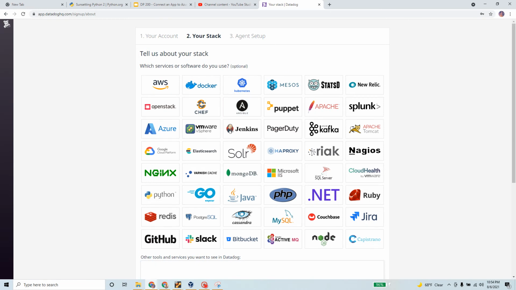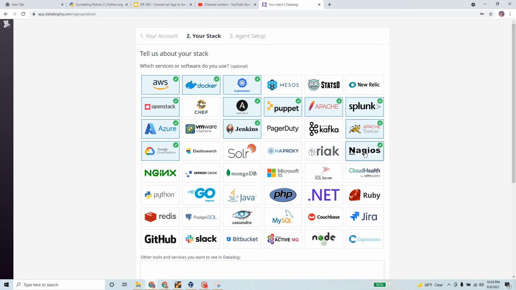You see, it asks which services or software do you use. I use AWS, Docker, Kubernetes, OpenStack, Ansible, Puppet, Apache, Splunk, Azure, Jenkins, Kafka. That's a web server, right? Google Cloud, Nagios, Nginx, MongoDB, Microsoft IIS, SQL Server, CloudHealth, VMware, Python, Go, Java, PHP, .NET,